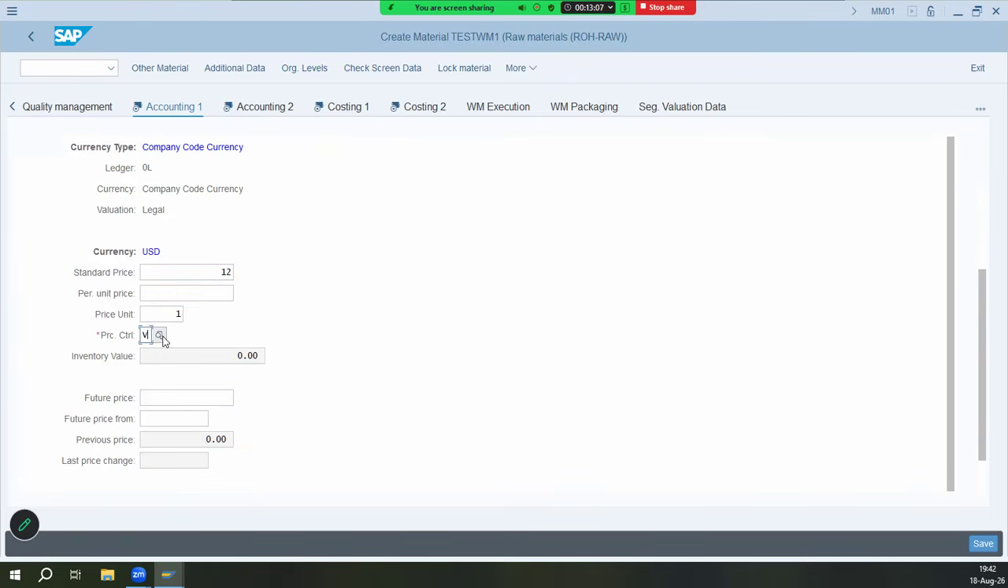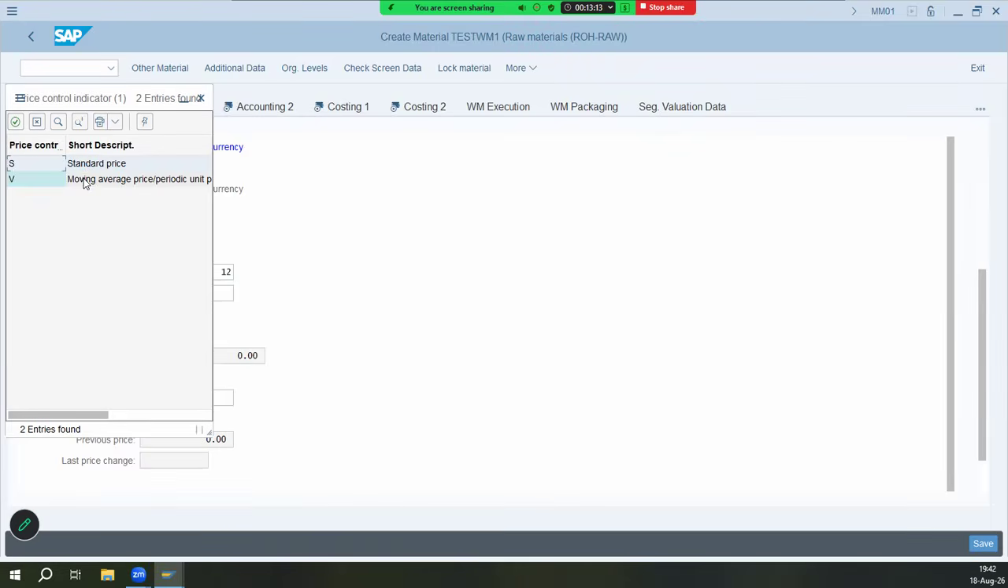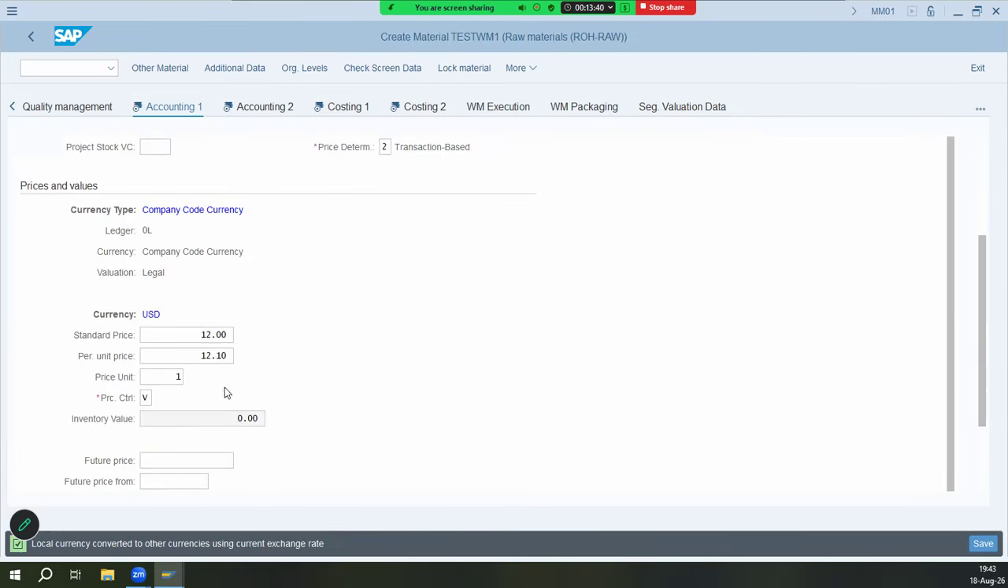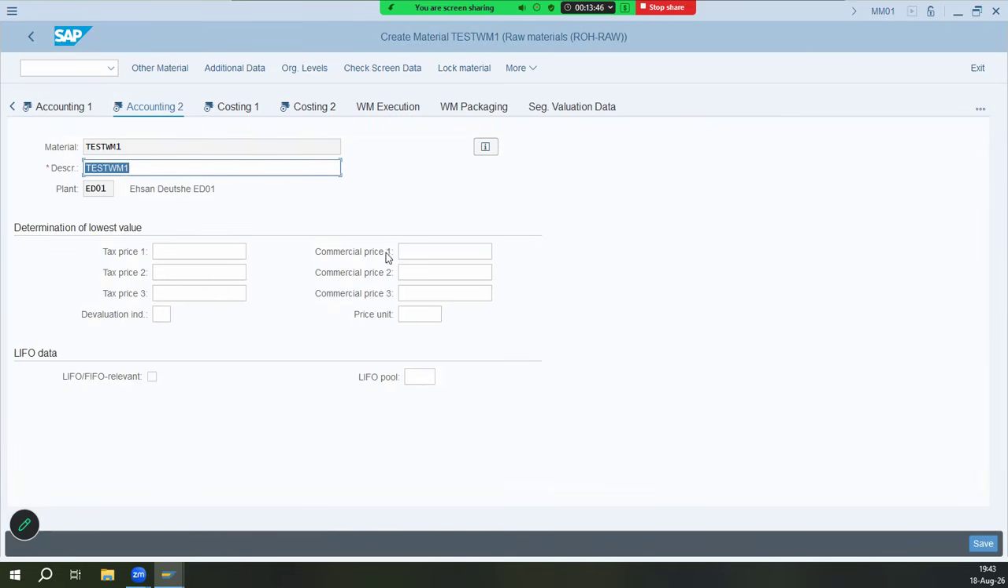And this is B, which is price control indicator, which is standard or variable. So we keep it. Because why keep it variable? Because this is raw material that we're procuring from the outside. We keep future price empty because this is updated internally after the product costing run is executed every month. Enter a moving average price. Moving per unit price, standard price, unit point 10. Okay, so 10 per unit, standard price per unit is this. Okay,